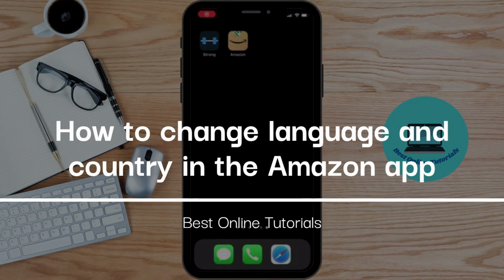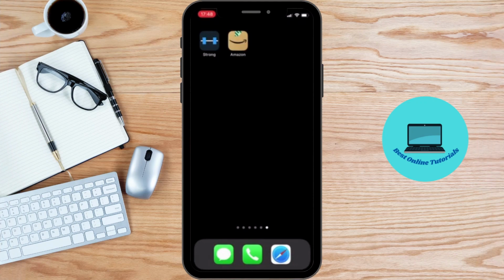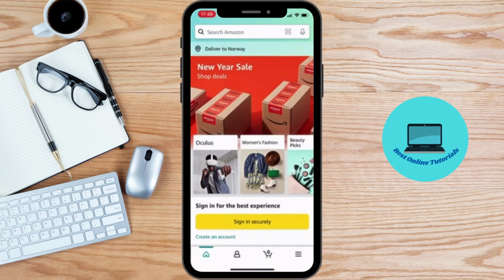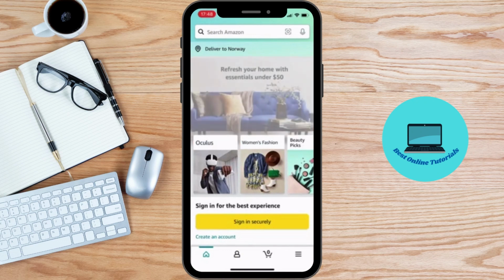Hello, in this quick video I'm going to tell you how you can change country and language in the Amazon app. Click the Amazon app and then press the three stripes down in the right corner